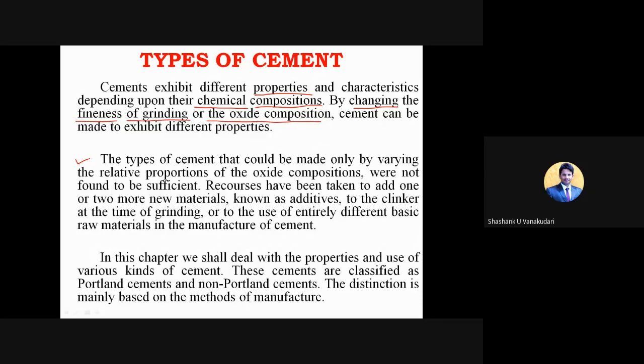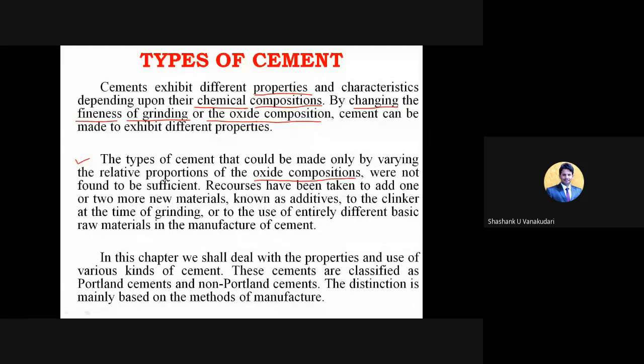These are the four Bogue compounds, and in the cement, C3S and C2S together form around 70%, right? And the remaining two, C3A, that is tricalcium aluminate, and C4AF, tetracalcium aluminoferrite, together form around 15 to 20%. Correct. So these are the Bogue compound proportions. These proportions purely depend upon the chemicals present in C3S, C2S, C3A as well as C4AF. So that is purely dependent upon the oxide compositions, and where they are not found to be sufficient,